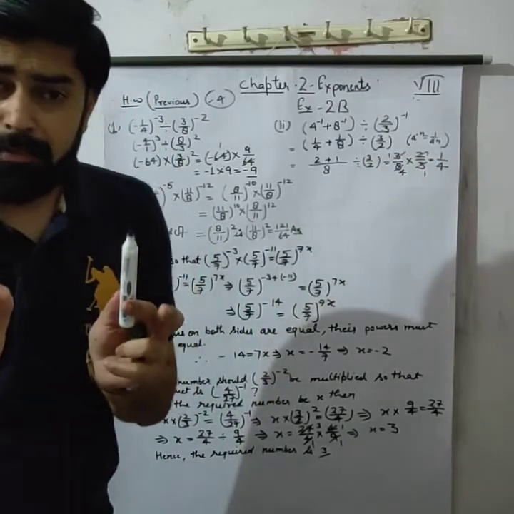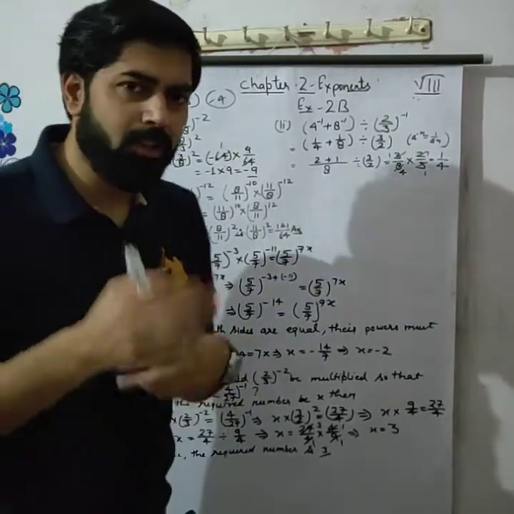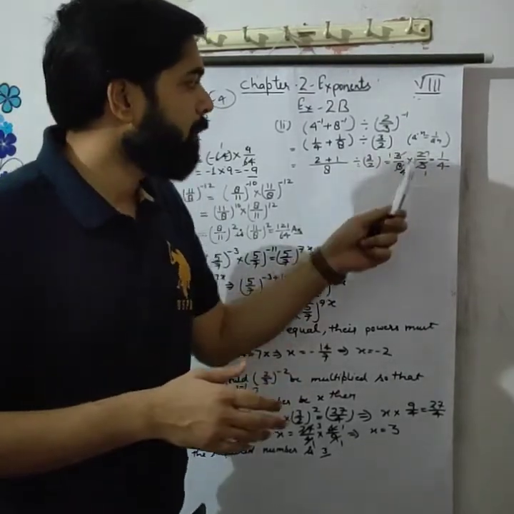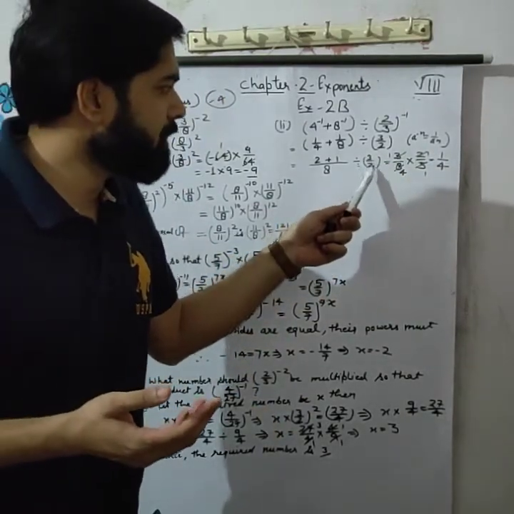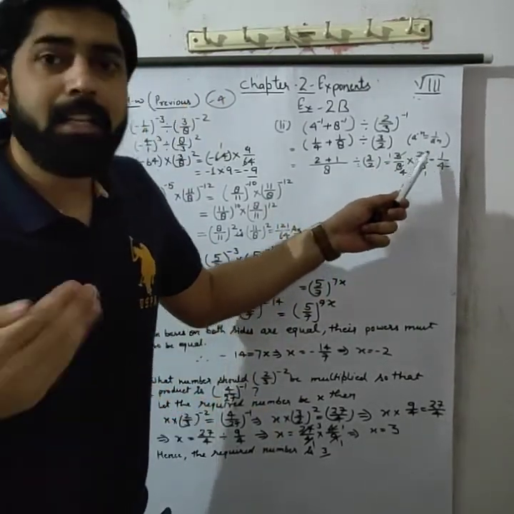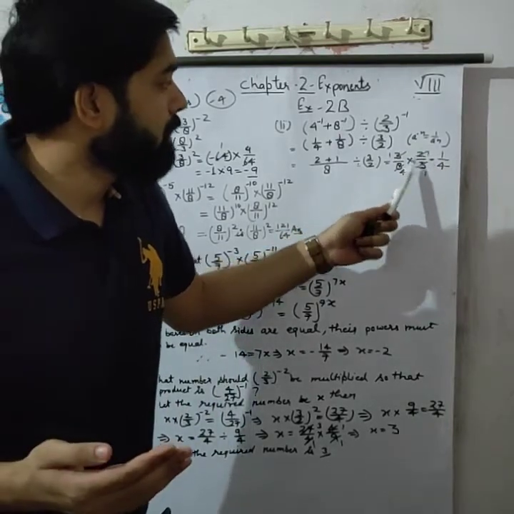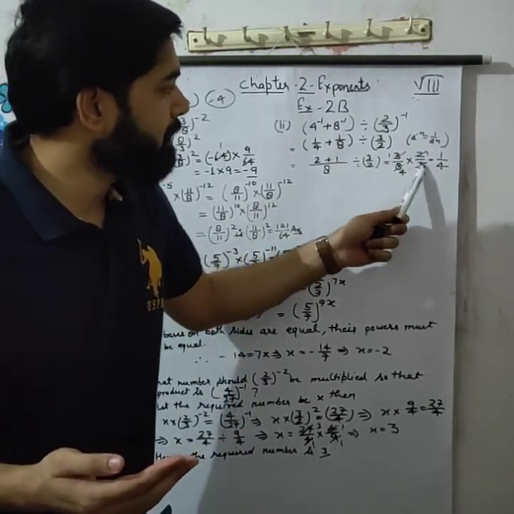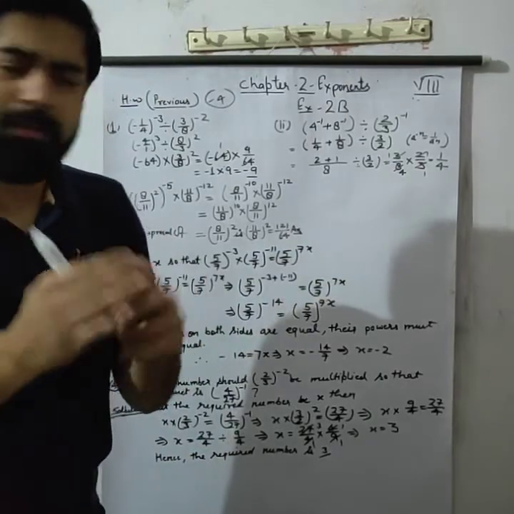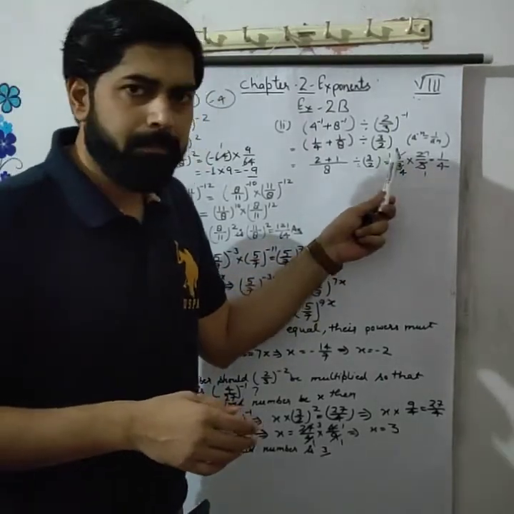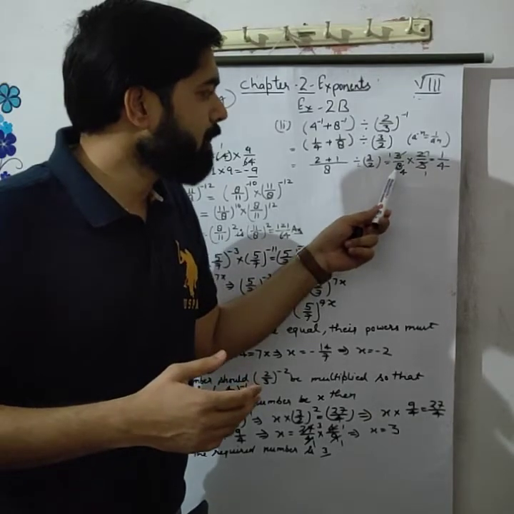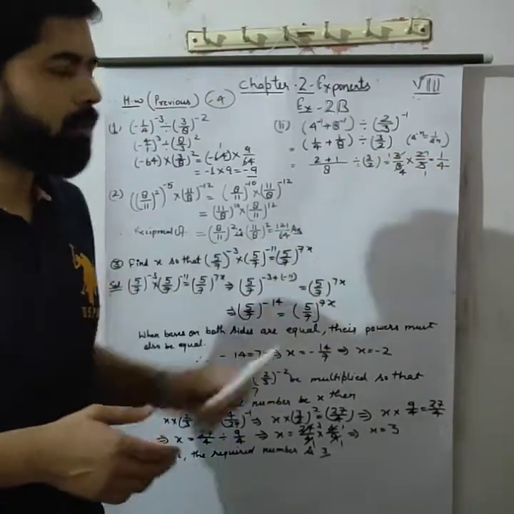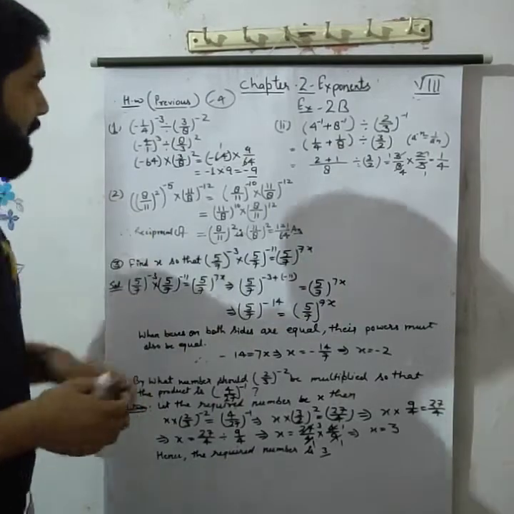You know what is given here? A division, and you know how we solve the division of fractions. Write the reciprocal of the second fraction. What is the second fraction? 3 upon 2. So the reciprocal of the second fraction is 2 upon 3. 3 upon 8 multiplied by 2 upon 3, 3 and 3 cancel. Then 2 ones are 2 and 2 fours are 8, so 1 upon 4. The answer will be 1 upon 4. Now the second question.